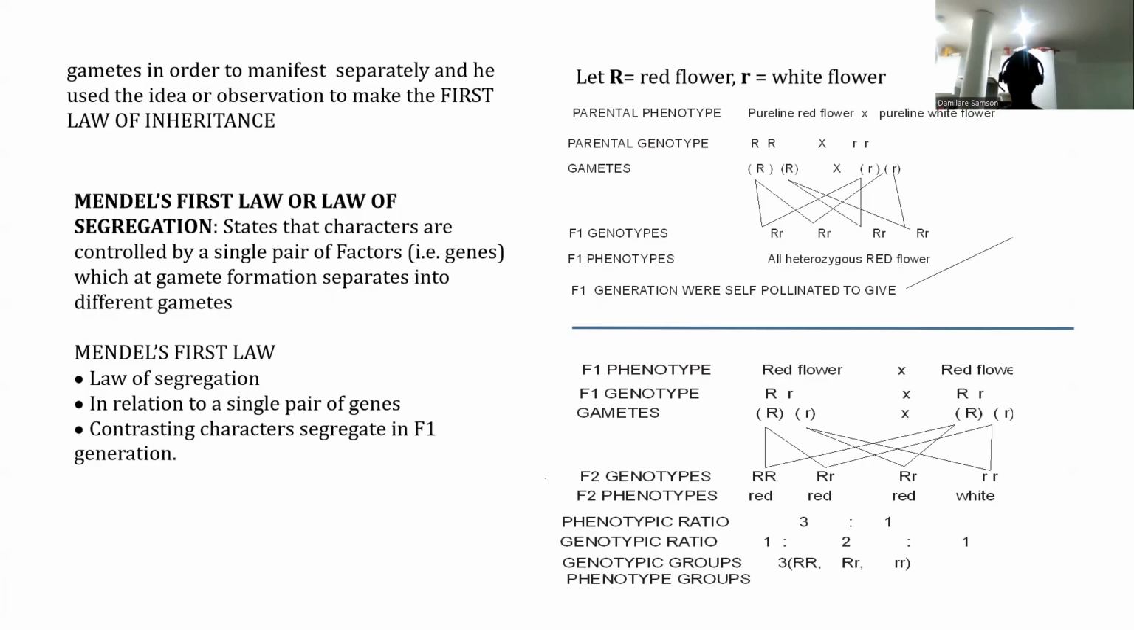So monohybrid inheritance, as I've earlier said, is actually the first law of inheritance. First law of inheritance is Mendel's first law, which we call the law of segregation. What does it say? It states that characters are controlled by